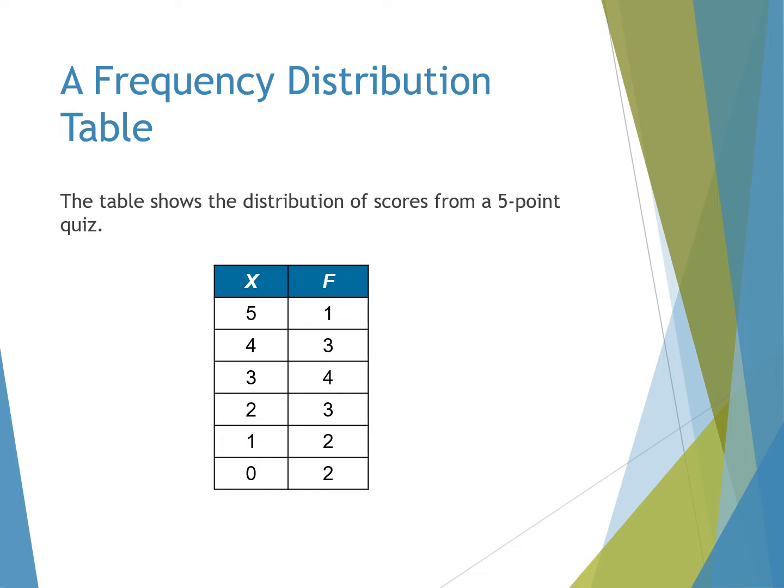So this is what a frequency distribution table looks like. It often shows the distribution of scores. This one shows the distribution of scores from a 5-point quiz. X is the different scores. F is how many people got each score. So we can see that one person got a 5, 3 people got a 4, and so